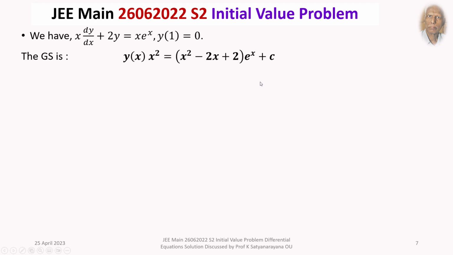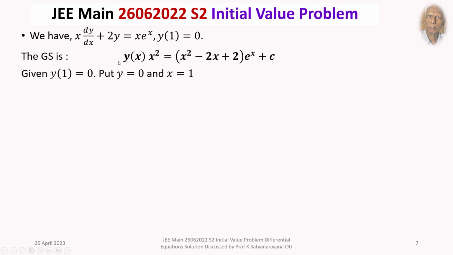The general solution we have, and we have the initial condition. So given y at x is equal to 1 is 0. That means the value of y is 0 when x is equal to 1. Therefore, put y is equal to 0 and x is equal to 1 in the above general solution. We obtain